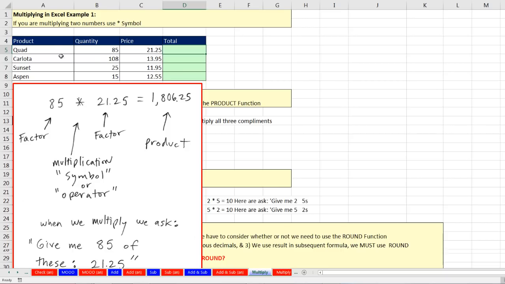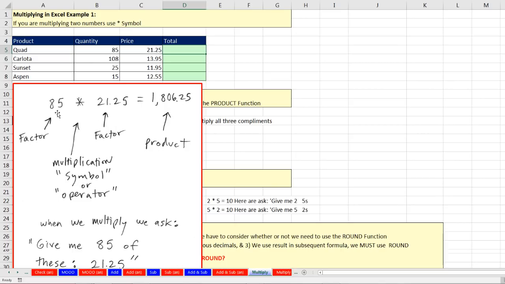Now, here's our first example: product, quantity, price. We want a formula that we can enter and copy down. Now, if I say 85 times 21.25, the terms in math are, hey, that's a factor, and that's a factor, and the result is called a